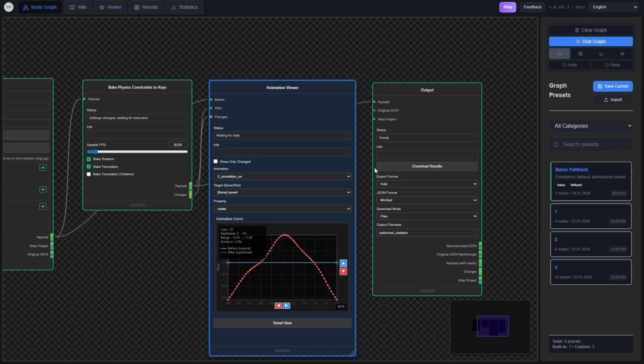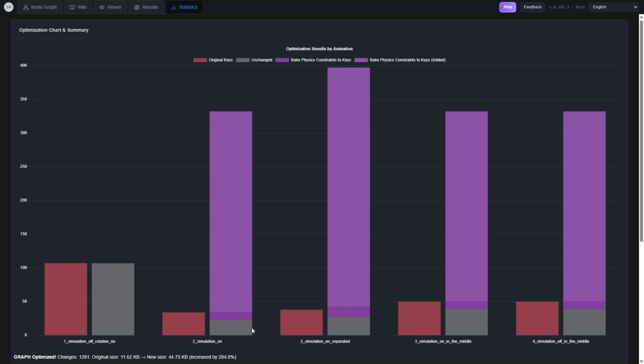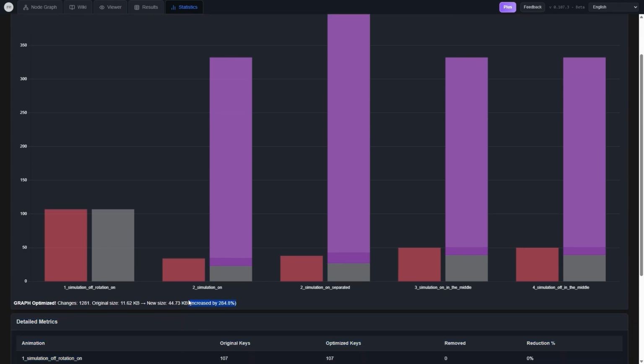But it's a very simple example, and we have a lot of frames. In statistics that it's not good for optimization, but